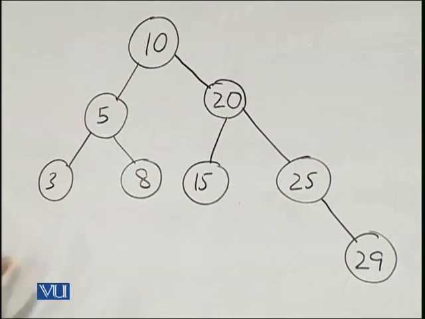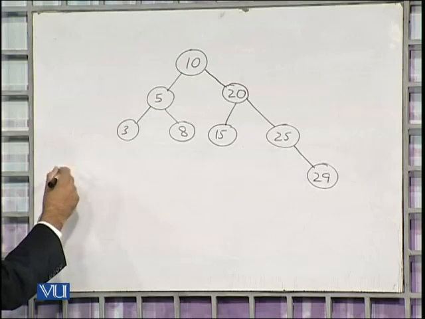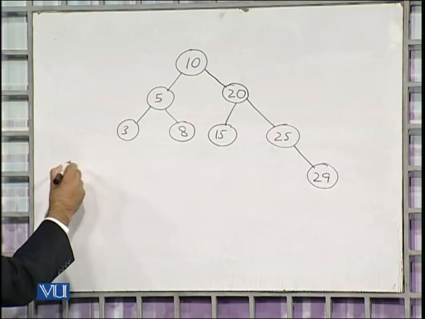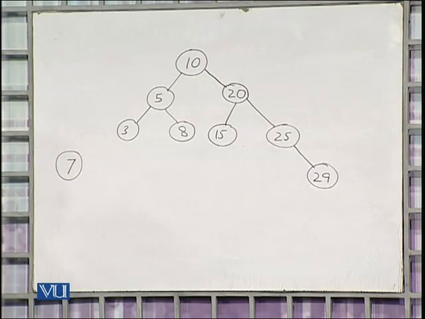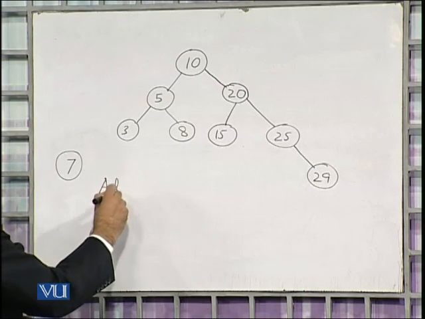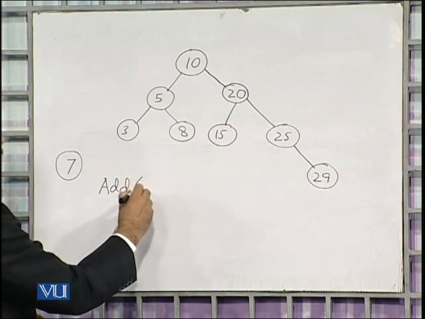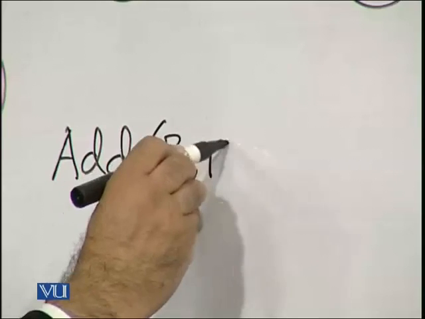As you can see, it fulfills the properties of a binary search tree. Now we want to add this data with the information, the 7 there. So I want to add 7 there. So my axiom says, I want to add B. This is the tree and the element,